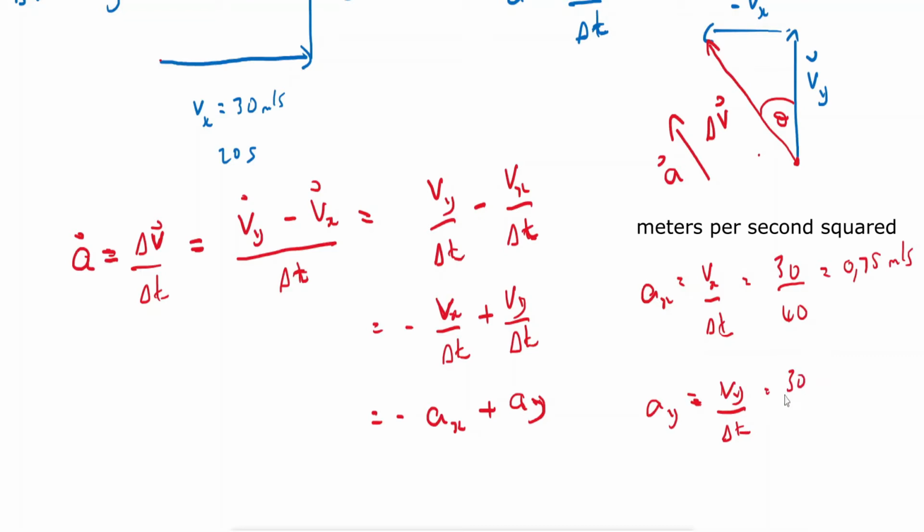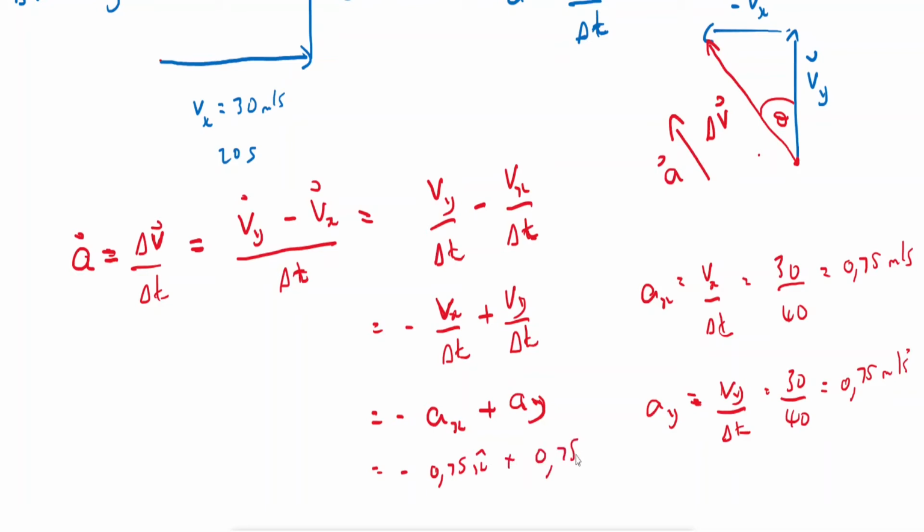So Vy is 30 again, and then you divide by 40, which is the total time. The total time is 20 seconds plus 20 seconds. Again, this is 0.75 meters per second. Now let's put this. This is going to be minus 0.75 in the x direction plus 0.75 in the y direction, which works out because it's 0.75 there. This is the ax, which is minus 0.75 in the x. And then I have the positive, which is like that, and then this is ay, which is 0.75